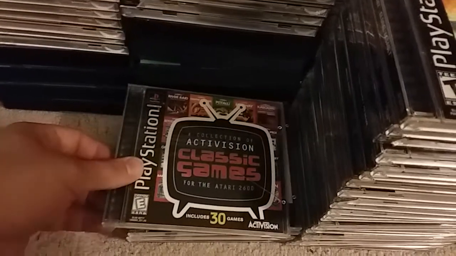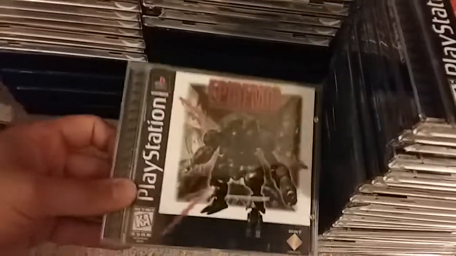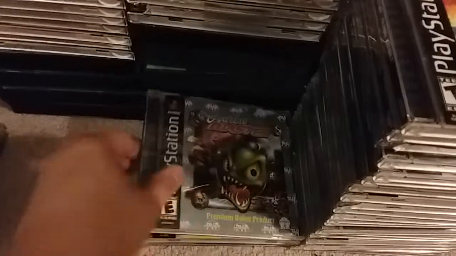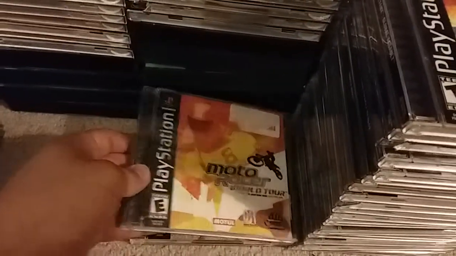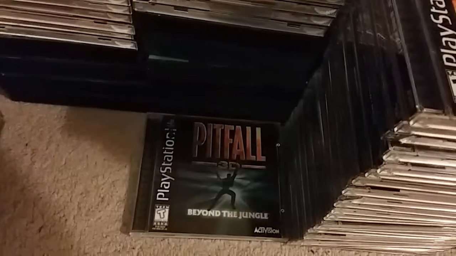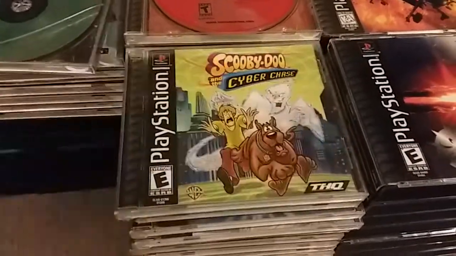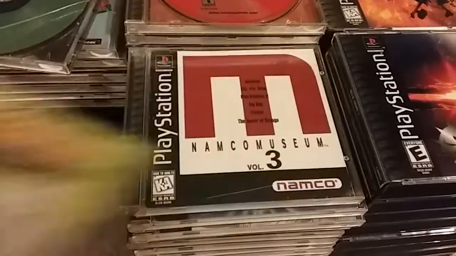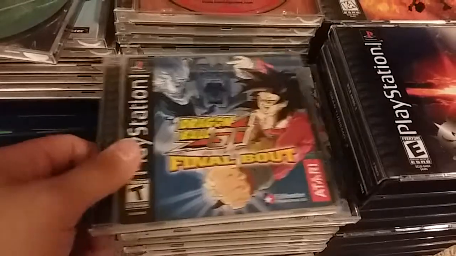Intellivision classic games for the Atari 2600, so you get 30 games, so another cool compilation of old Atari games. Epidemic, I remember this was a cool game. Marble Master, Moto Racer World Tour, another Dave Mirra Freestyle BMX Maximum Remix, and Pitfall 3D. We have another Battle Tanks Global Assault, Scooby-Doo and the Cyber Chase, Namco Museum Volume 3, Dragon Ball GT Final Bout,